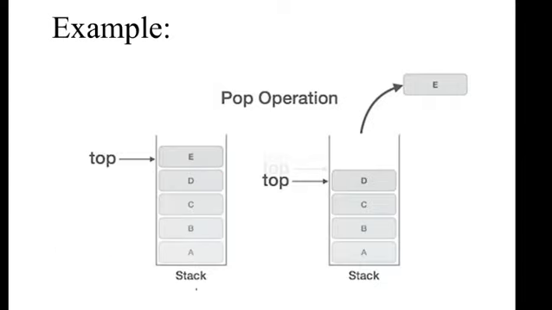If you have 5 elements A, B, C, D, E in the given stack, you can delete an element by performing this pop operation. In the next step you will be decrementing the top variable, and automatically you will lose the content of this element which was